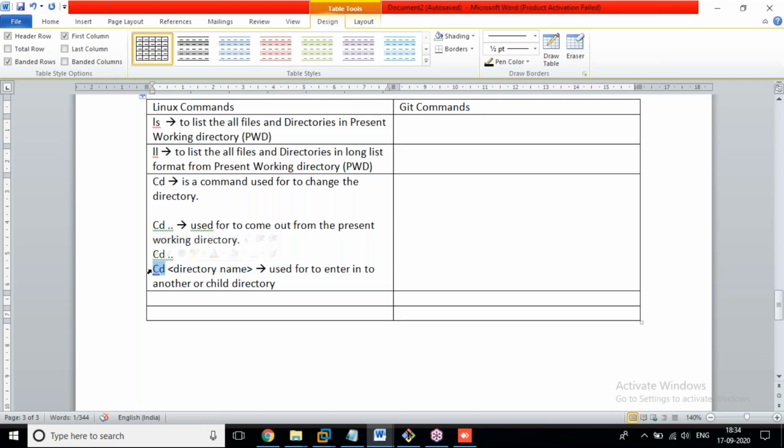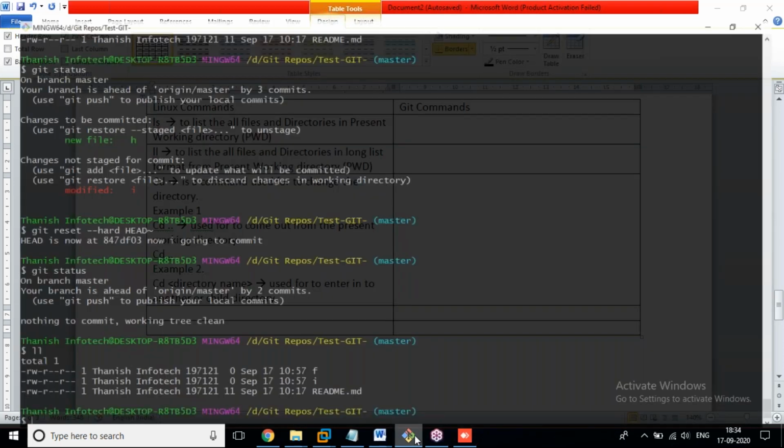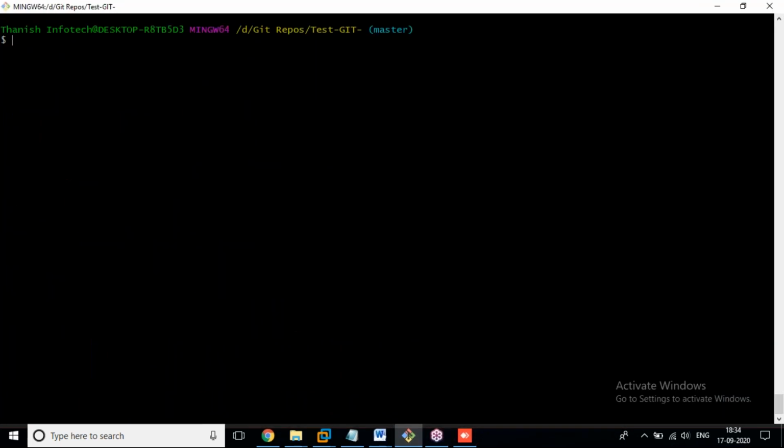Is another command. Example 1. Yes, I'll show that. Okay. Now what are we doing? We are going to apply these commands. Okay, any two is enough. Yes, now see, we already entered with cd double dot.